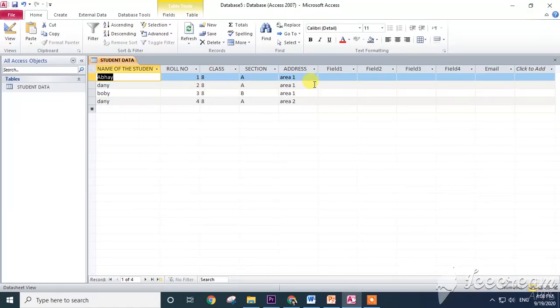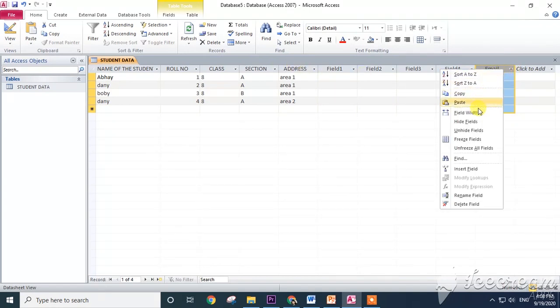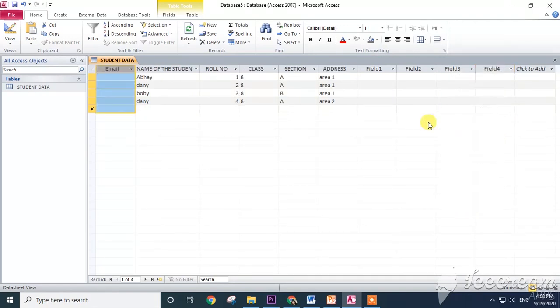Next one is freezing. Freezing means, suppose you want to see the email at the front, otherwise every time you need to go to the last. Instead of that, right click, there is a freeze fields option. See, now email comes to the front. The first field is the email, so it will not move from this place. See, it was unable to move because it was frozen.